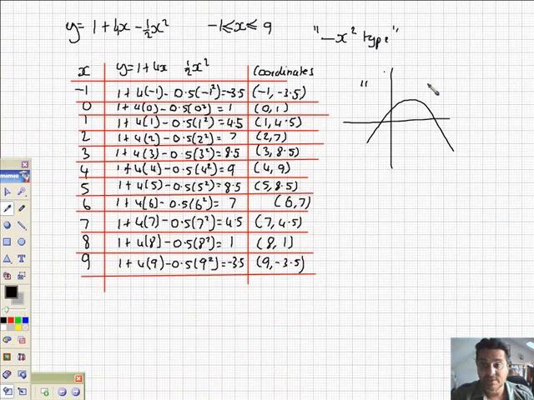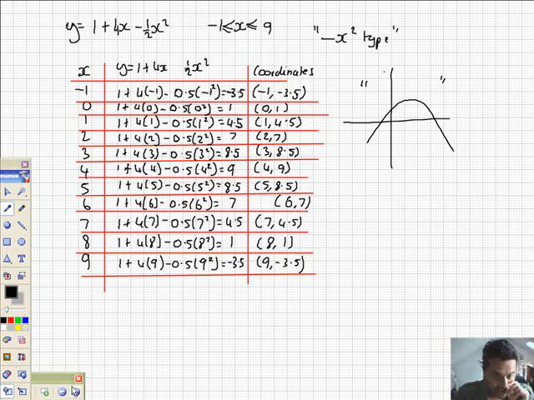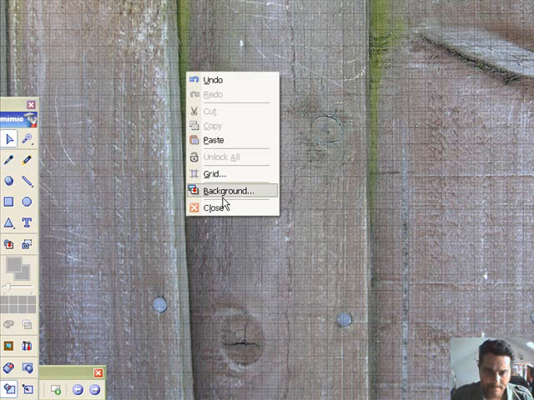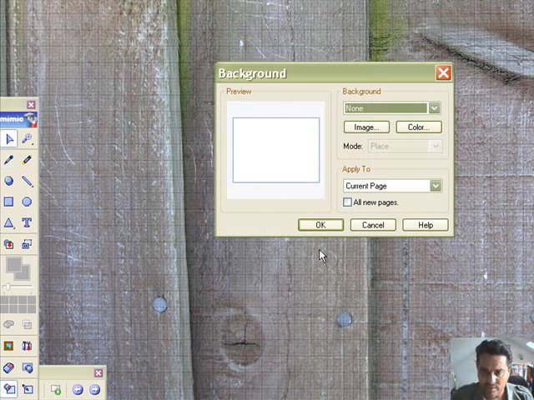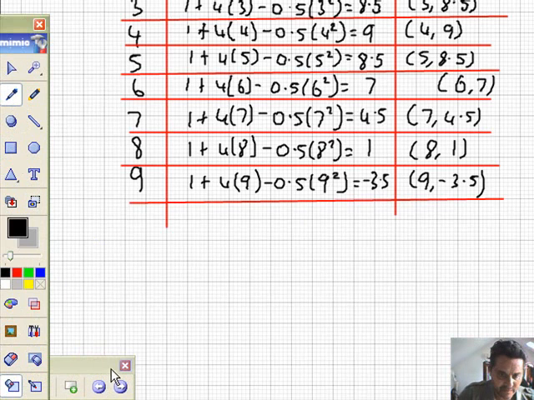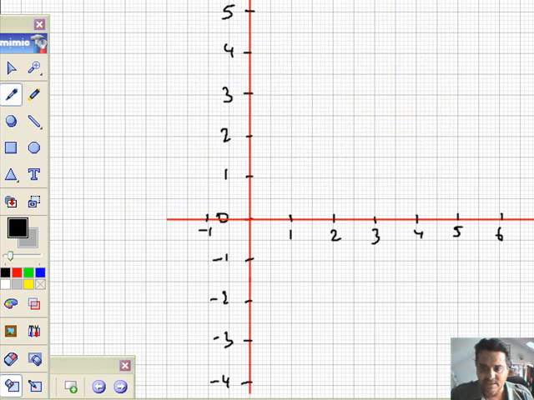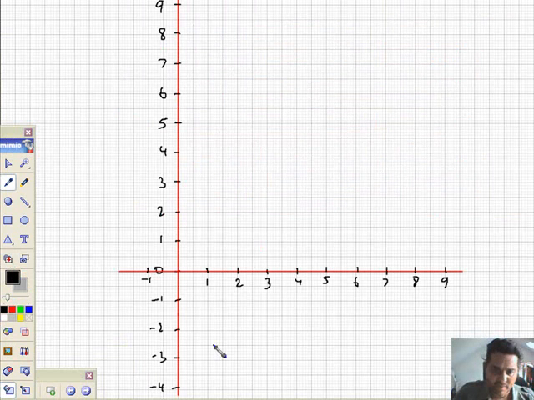So for example, we're going to plot it right now on the other page. Let's create a page first, and let's get rid of all the background that's in the way. Background, no background, there you go, nice and clean. So let's create a pair of axes. Okay, I've resumed, and I've done the axes ready to go. It's getting a bit glitchy earlier, so let's go back one page, pick up the coordinates one at a time